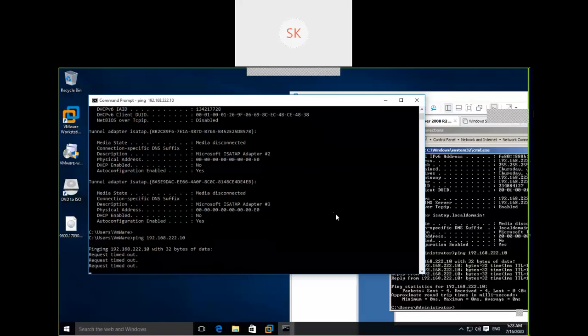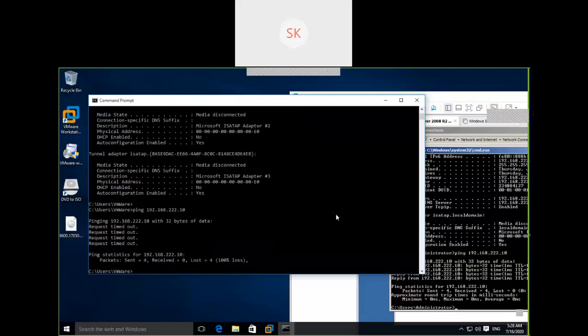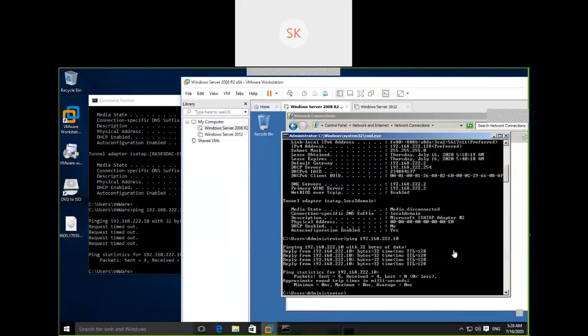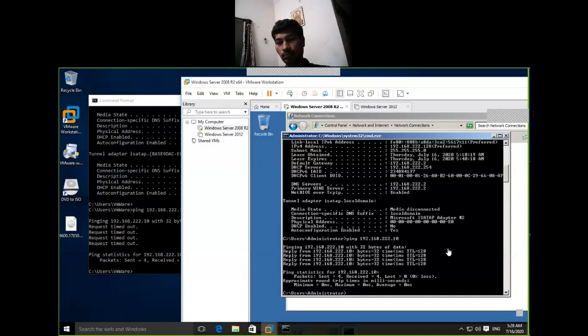Okay. So come back to the server. I'm not getting a ping response. What I did on the server is configure the IP address, but I'm not able to communicate with this server from outside. What are the things I need to do? One second, please.